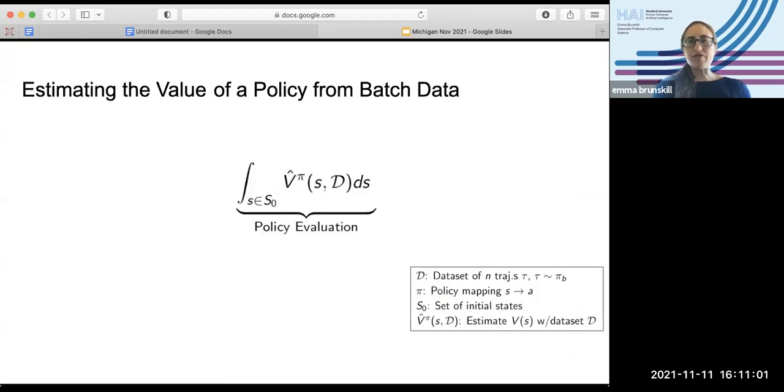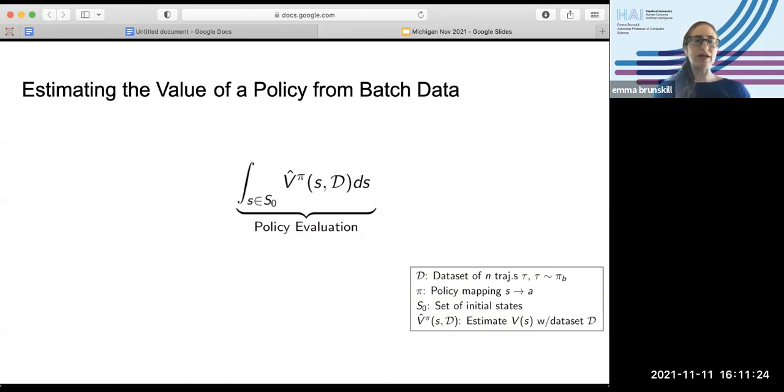So what I'm going to talk about for the rest of today is some different ways we've been thinking about this. There are a lot of really interesting challenges in the offline reinforcement learning setting: what can we do with this historical data, under what assumptions, and what can we say with what assurances. And one of the important things here is how do we estimate the value of a policy